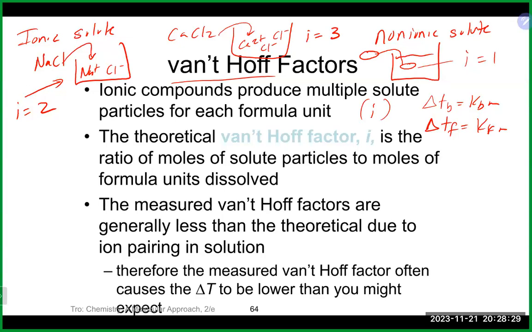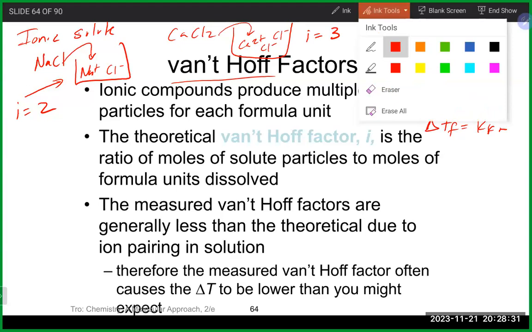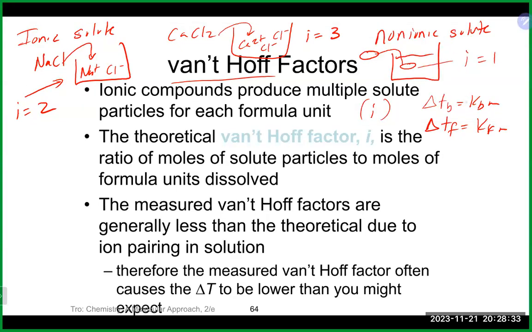Well, we will insert this van't Hoff factor into our equations, taking i times Kb times m and i times Kf times m. So how does this make a difference? Let's take a pretty straightforward example. Let's say for each of these solutions, we had a 2.5 molal solution. So if we did our non-ionic solute,